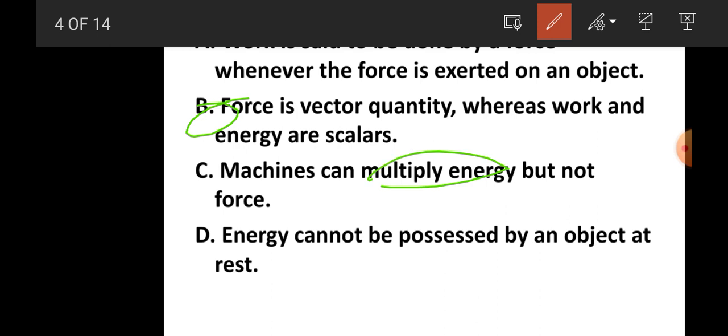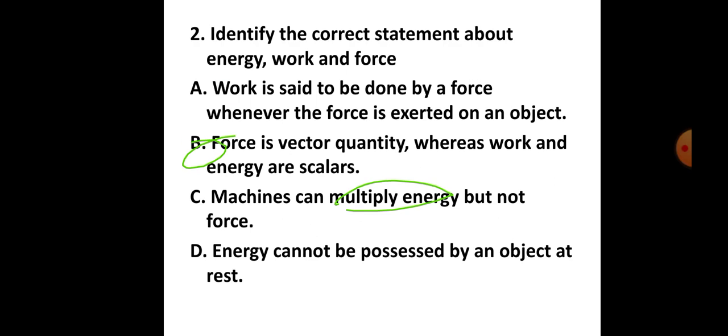Machines can multiply energy but not force. የትኛውም ማሽን ኤነርጂ መልቲፕላይ አያደርግም because energy is neither created nor destroyed. multiply ማድረግ ኤነርጂን አይቻልም, destroy ማድረግም አይቻልም. This is the law of conservation of energy. የትኛውም ማሽን ይሄንን ማድረግ አይችልም. D: energy cannot be possessed by an object which is at rest. Why? ይሄ ስለማይሆን የመልስ ሊሆን የሚችለው B ነው ማለት ነው።